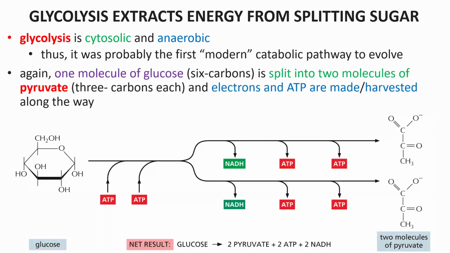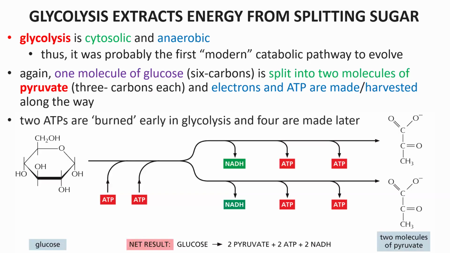And again, one molecule of glucose containing 6 carbons is going to be split into 2 molecules of pyruvate containing 3 carbons each. We won't lose any carbons in pyruvate directly. But we're breaking bonds, so we'll steal some electrons, we'll release some energy, we'll use some of that energy to make ATP, and we'll make the most of it we can.